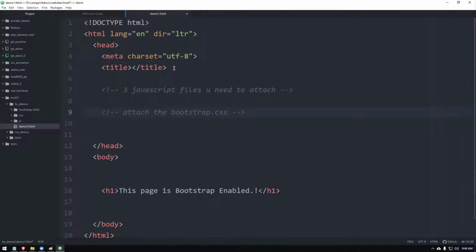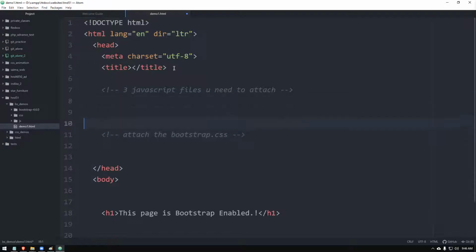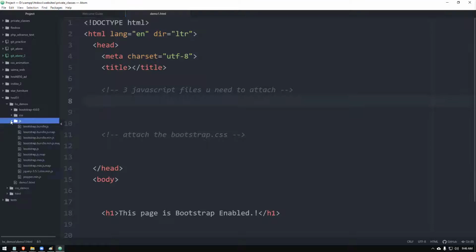The bootstrap.css file also you need to attach. Those are the things that you need to do, right? So what we're going to do is, first of all, in order to attach an external JavaScript file, you can see it is inside here, the JS folder. There are files here, bootstrap.js, right?